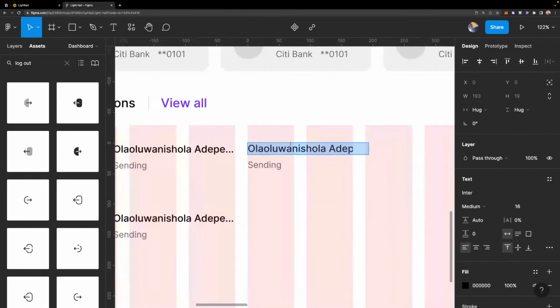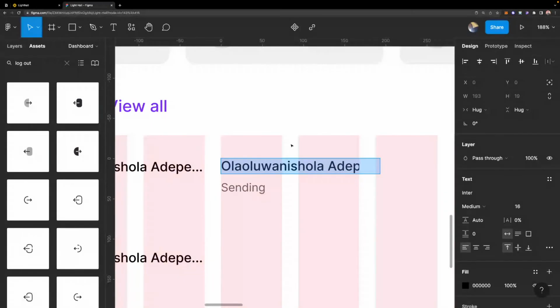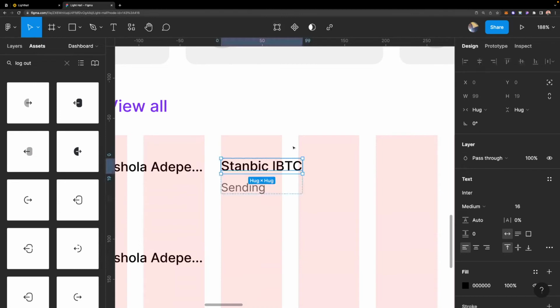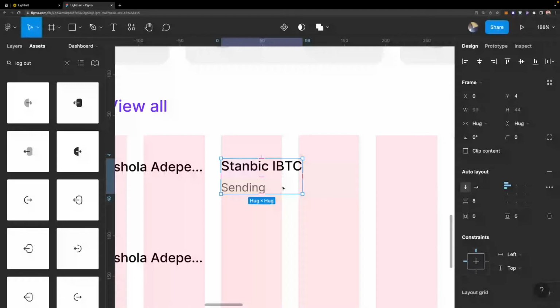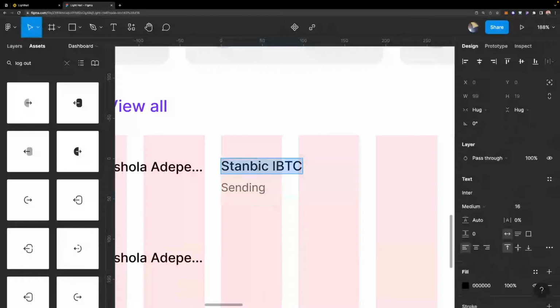So the longest bank name is Providus Bank. Every other thing is in short form. Stanbic IBTC. Let's see. So a good reason why I'm doing this is this. Whenever you are designing, create room for the worst case scenario. If I use something like GTB, it looks ridiculously short. But what if